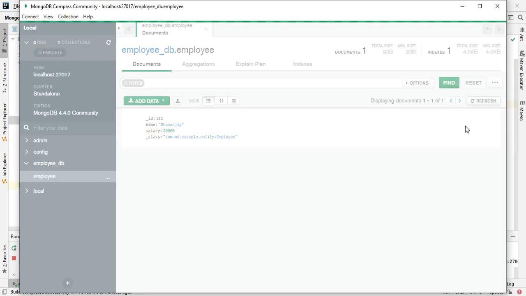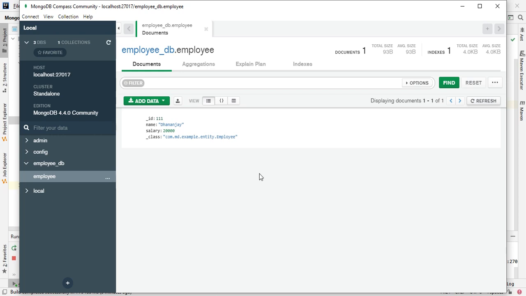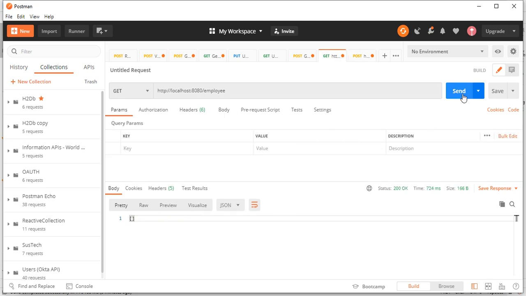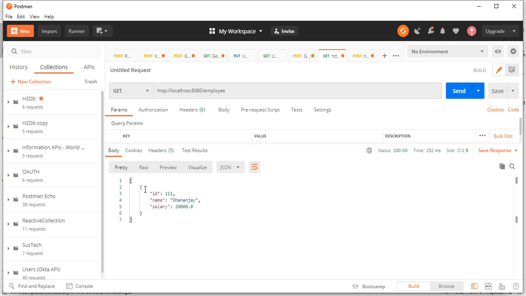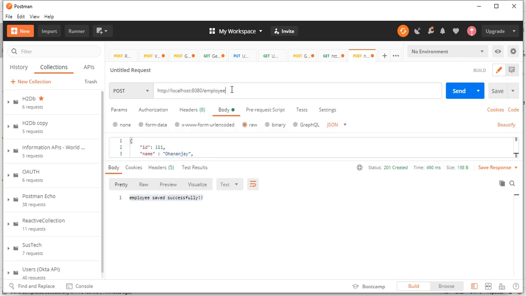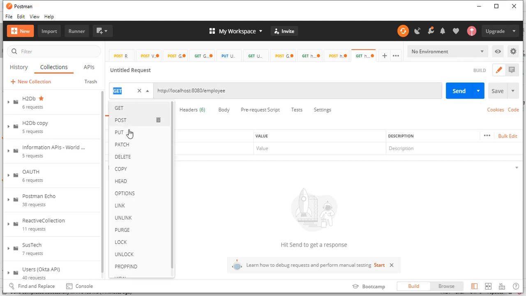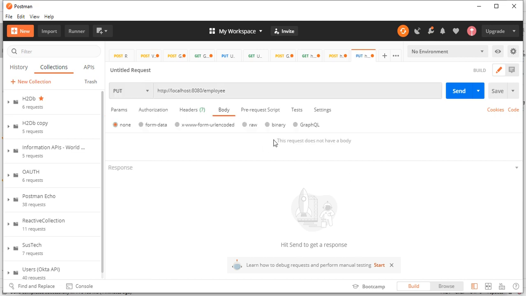Okay, so let's try to retrieve this record from Postman. This is the get operation. Let's send the request. Yeah, if you see here we are getting the record 111 Dhananjay and 20,000 as the salary. Okay, let's try to do an update operation with this. Update means put operation. We need to pass a body.